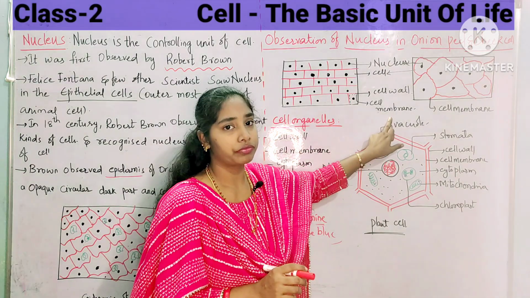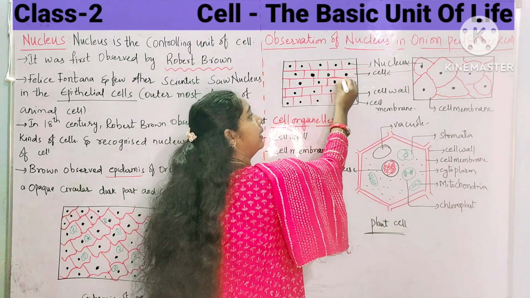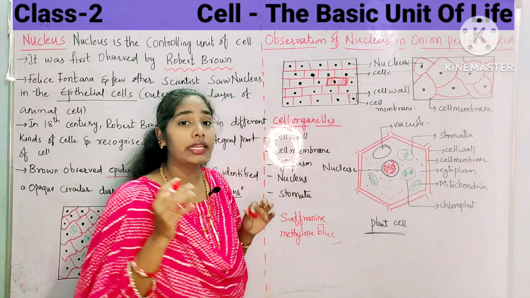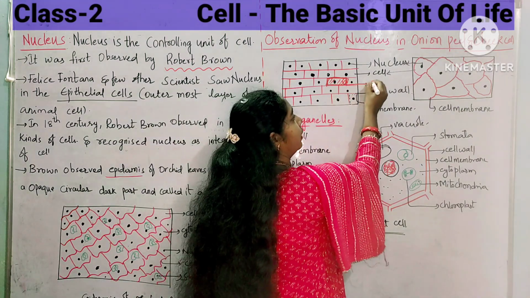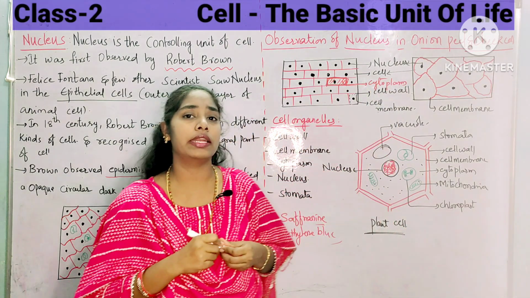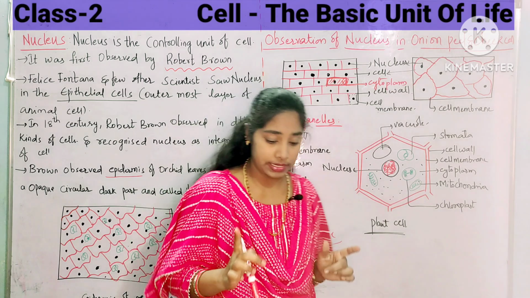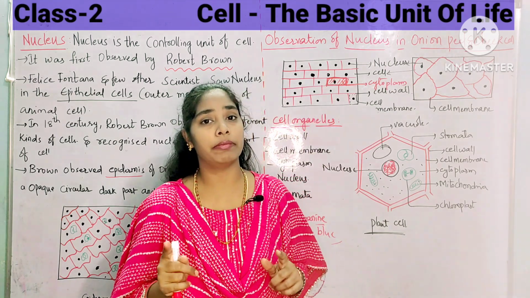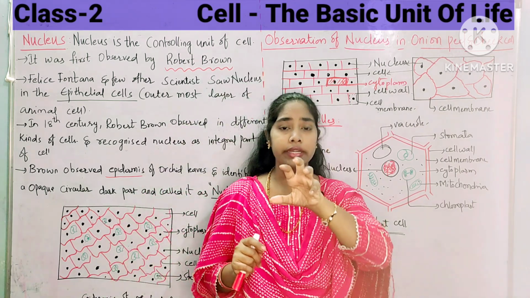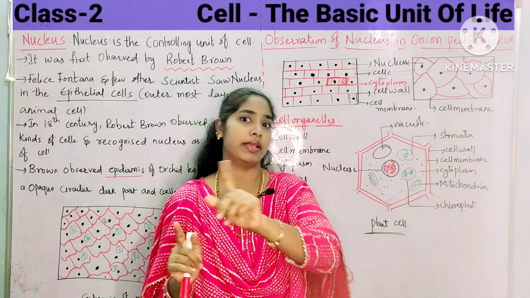this layer, the dotted lines which I have represented, is the cell membrane. Okay, so the jelly part which is present inside this cell, if you see this complete cell, this jelly-like substance is called cytoplasm. What is it called? Cytoplasm. We will discuss all the cell organelles later, but for now you must be aware that each cell contains a cell wall and a cell membrane, inside the cell it is a jelly-like substance called cytoplasm, and there is a centrally located nucleus, a dense body. Up to here it's more than enough for the cell, the basic unit of life.